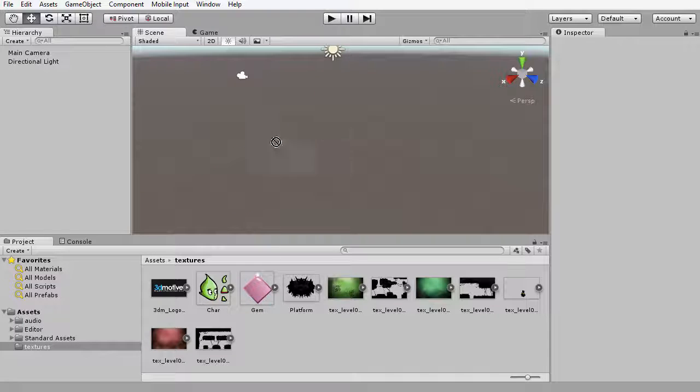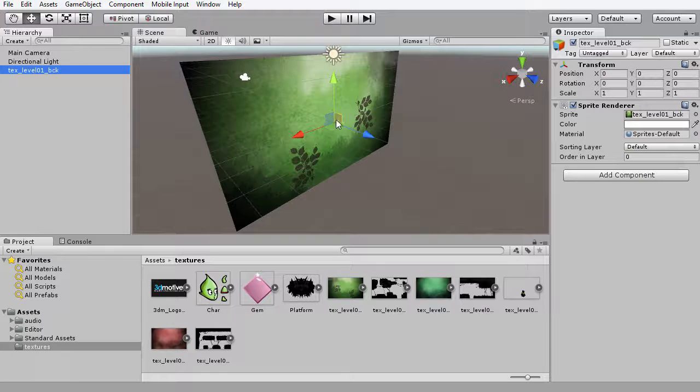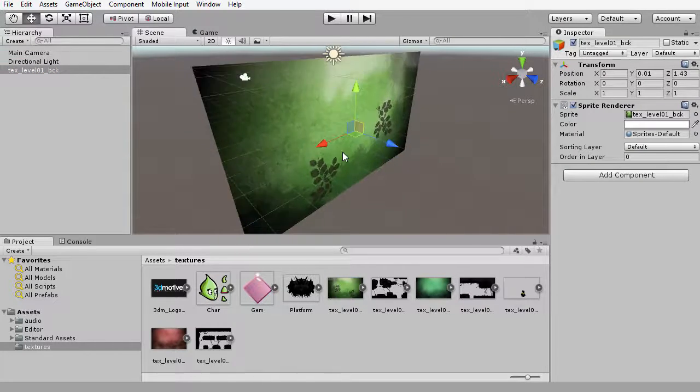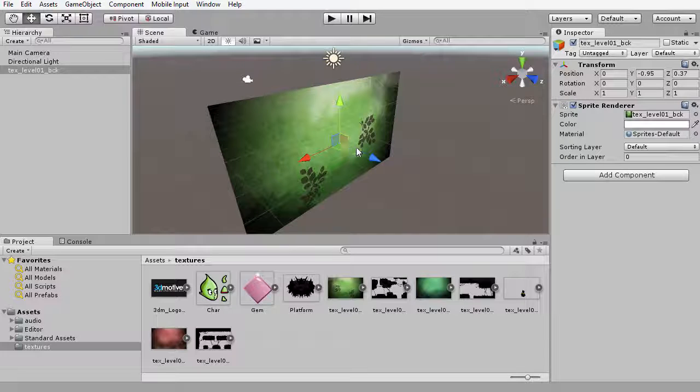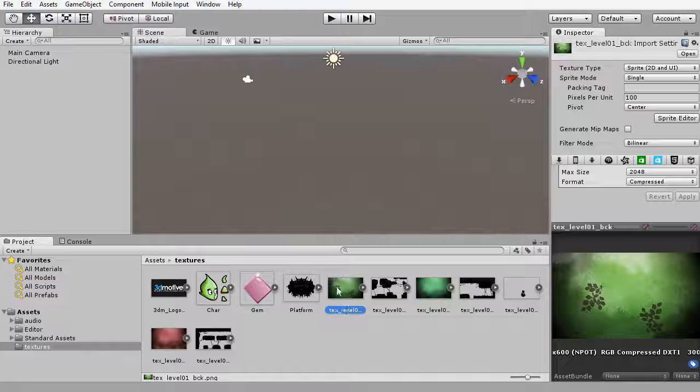And I can do this with all the other textures here. So here is another one, drag and drop that into here, and here is another one, and things are just looking splendid. So I'm just going to delete that. Now we know these textures here for example represent the backgrounds to the level. So here we have the background for level 1, here for level 2, and here for level 3. These are three different looking backgrounds, but we can drag and drop them into the level to constitute the background